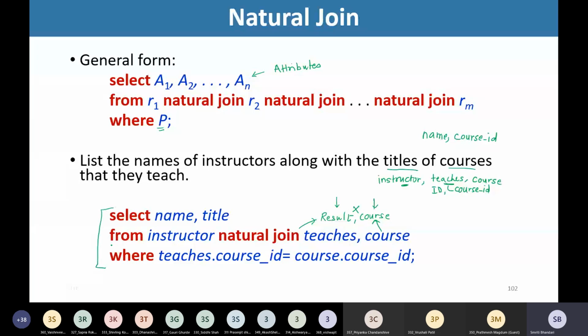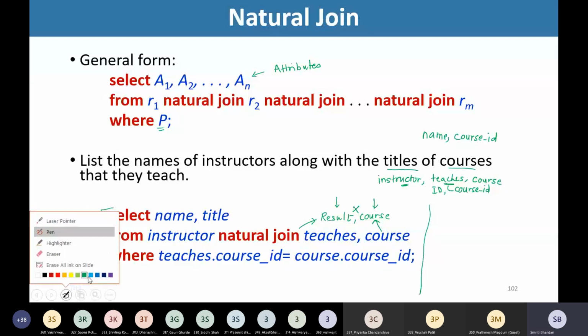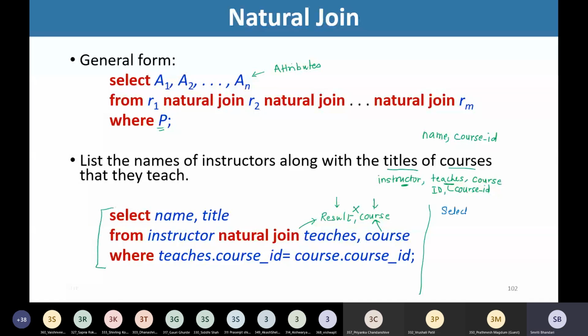Now, you may think why we are not writing the statement like: select name, comma title from instructor natural join teaches natural join course.